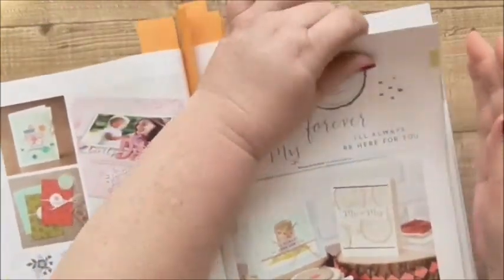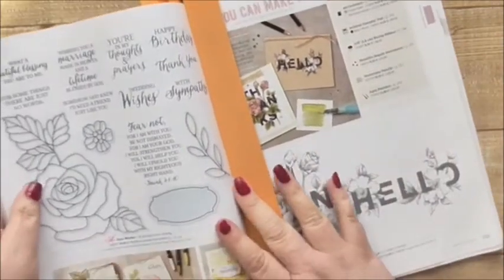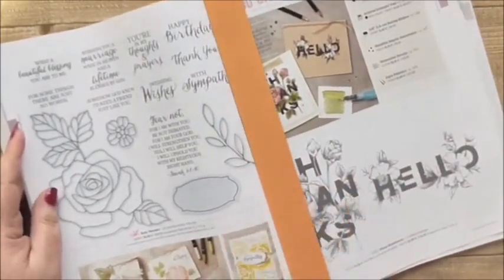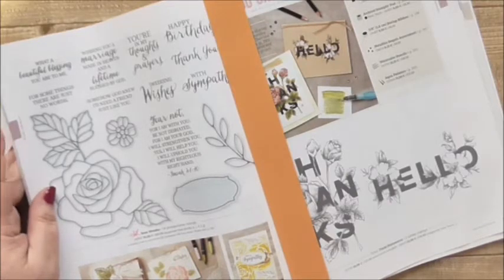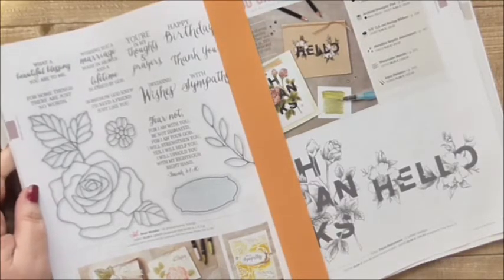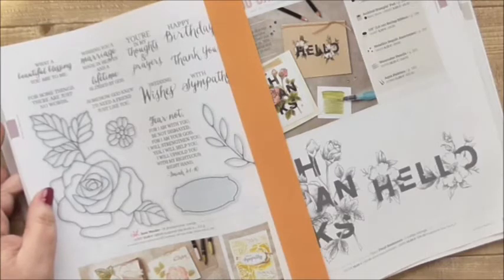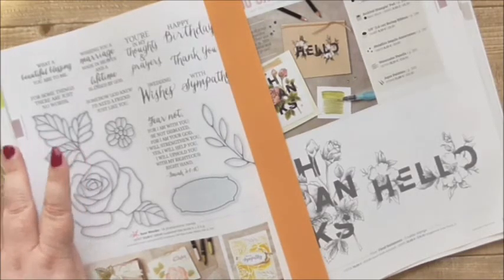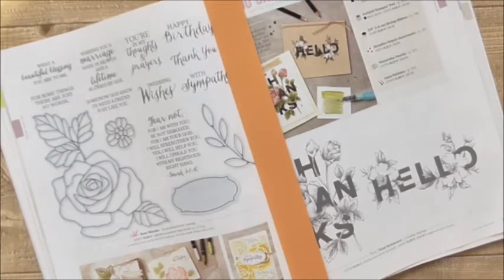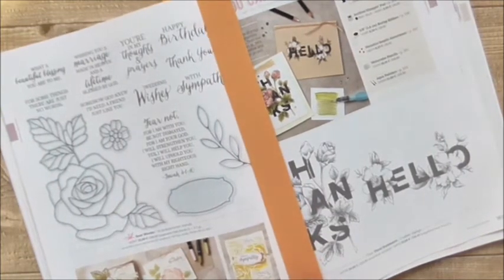We are told that there could be discounts on retiring products, but we don't know what they are. Last year, discounts were applied to retiring products straight away when the retiring list came out, but this year there aren't. And we also do know that there have been price increases in the UK across the range. So it might be an idea to stock up on things now, things like cardstock, inks,